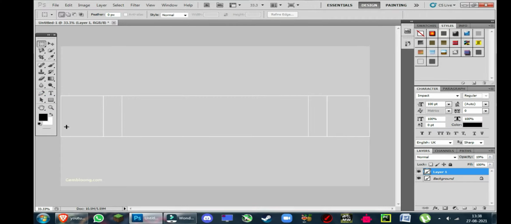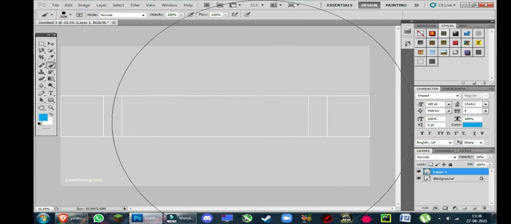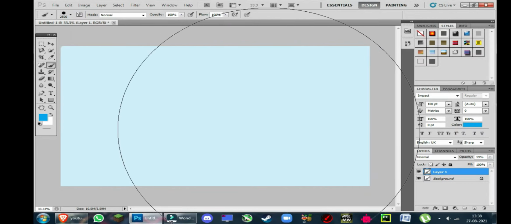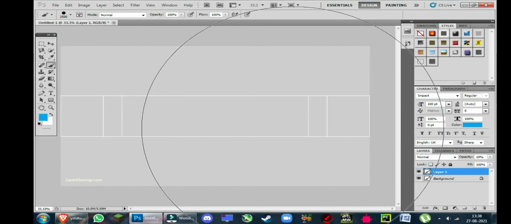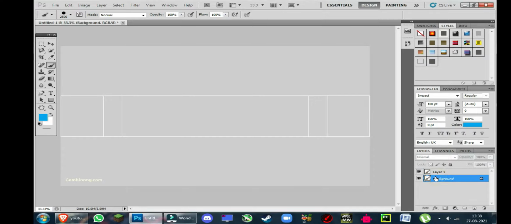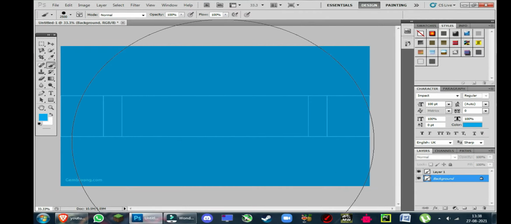You can put any random color using the brush tool, and you can just get your color here, and you can see how nice it is. But you're doing the wrong thing. You have to apply this color on the background. If you do it on this layer, it won't be colored on the grid, it will be colored on the banner, so if you remove the grid, it's going to be a problem. Then you can reduce the size afterward, and this is how our banner is looking.